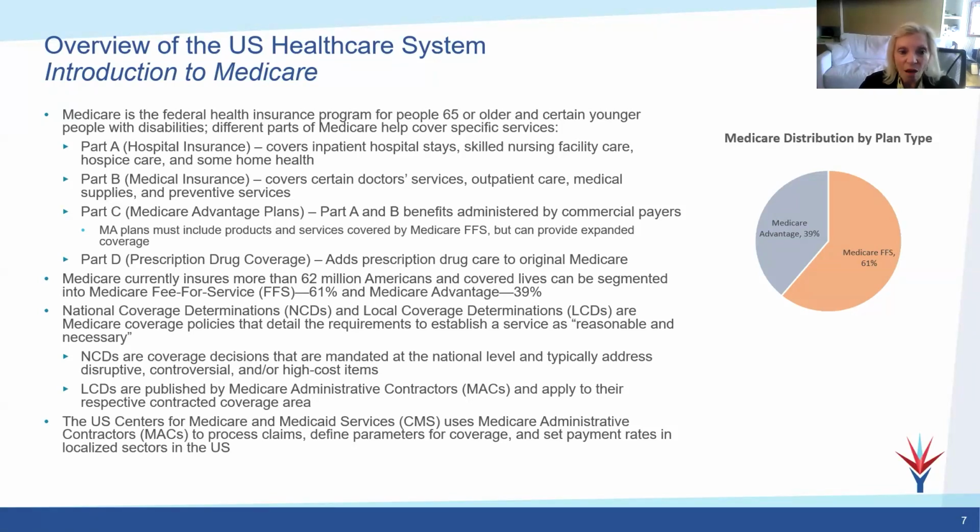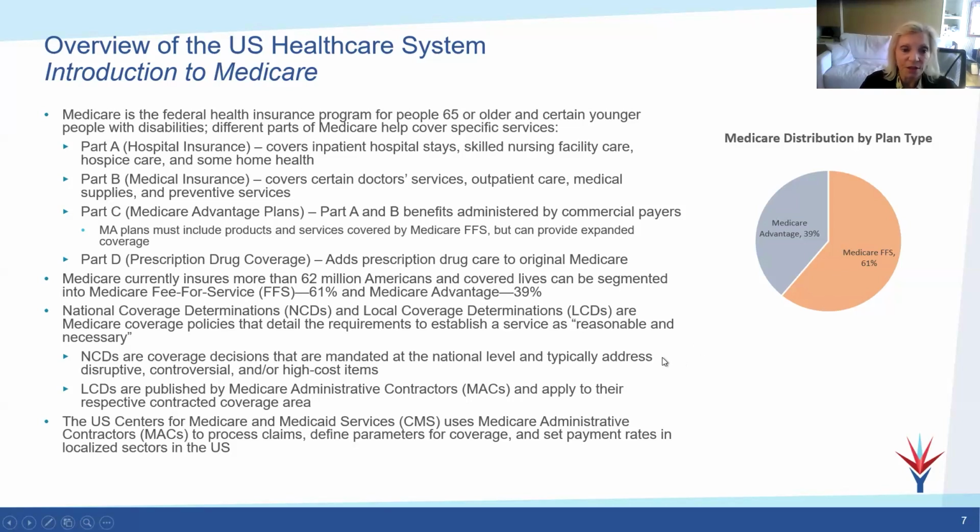In terms of coverage, there are several different kinds of coverage decisions that you need to be aware of that are administered through Medicare by entities called MACs, or Medicare Administrative Contractors, that process claims, define parameters for coverage, and set payment rates locally. So there are 2 kinds of coverage determinations. One that's very difficult to get,